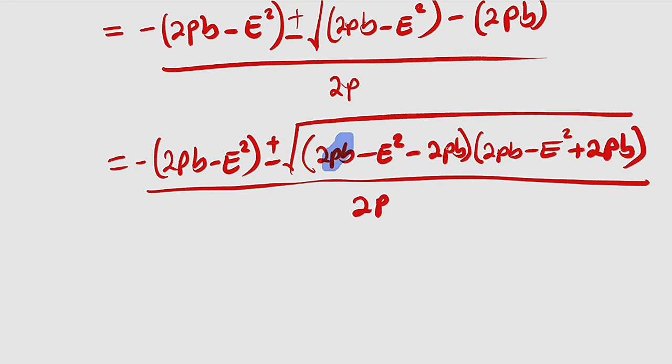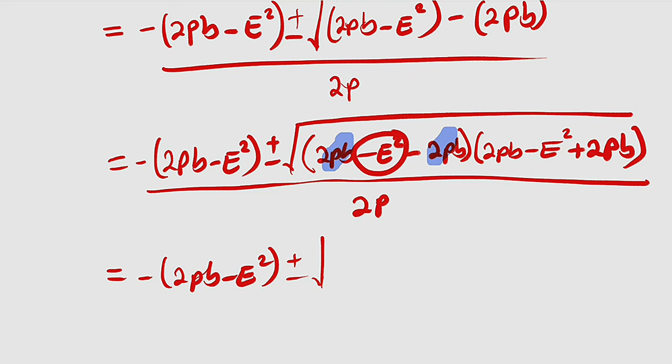You can see that this will cancel this, and if you add this and this, you are going to get 4PB. So let us write it. This is equal to minus (2PB minus E squared) plus or minus the square root of, we have only negative E squared here, negative E squared